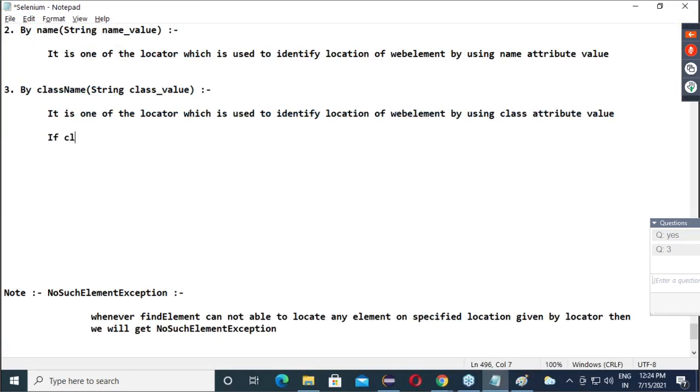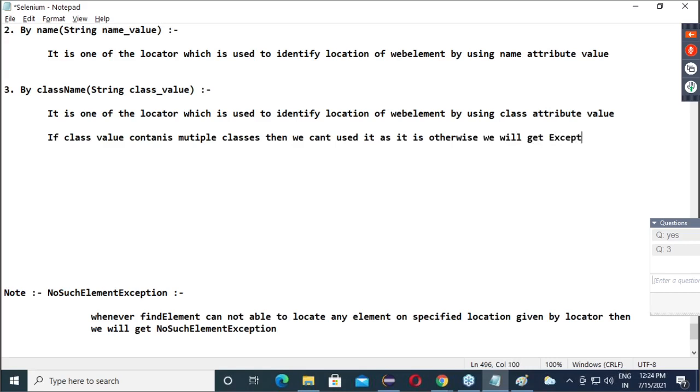If the class value contains multiple classes, then we can't use it as it is. Otherwise, we will get an exception. Which exception, by the way?